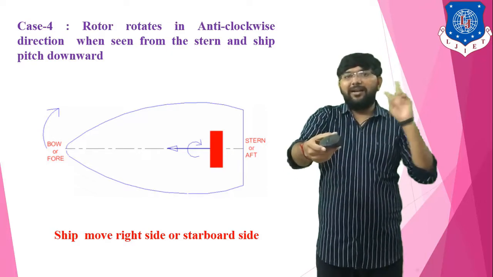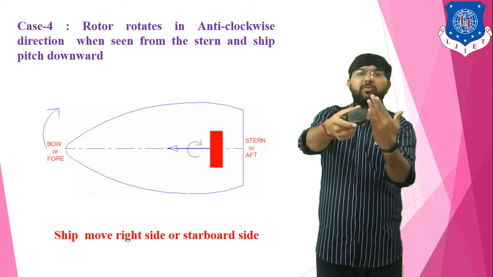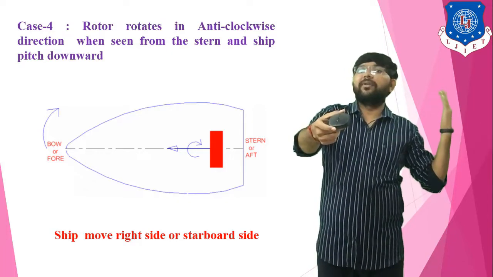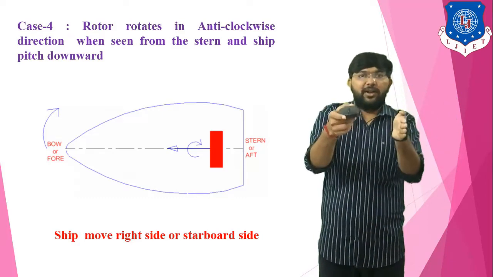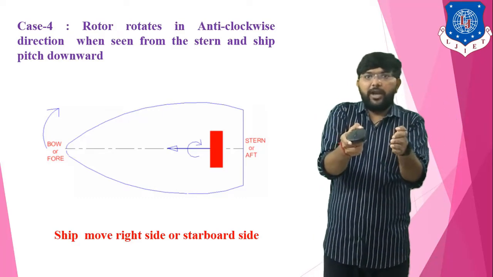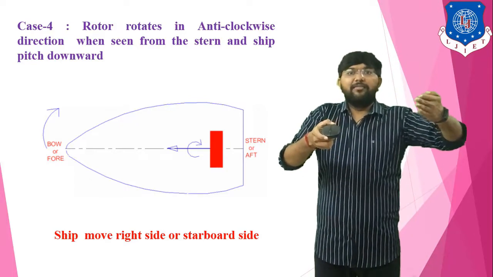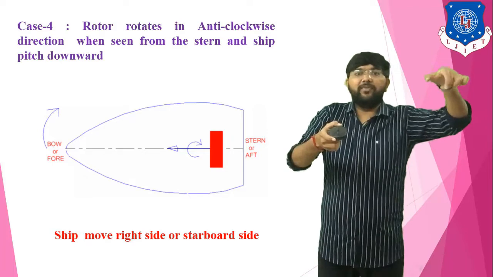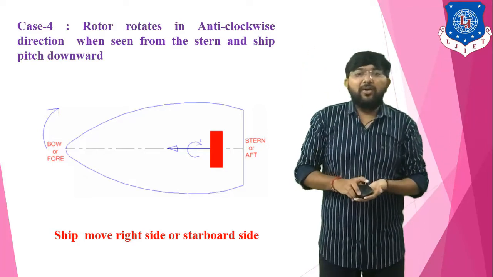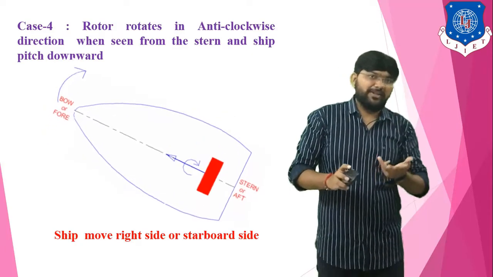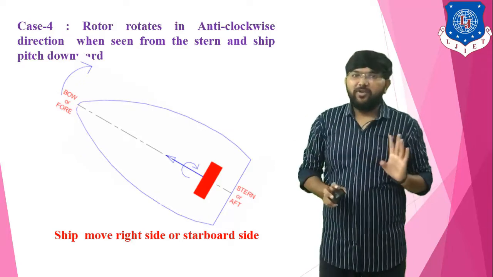So we have two vectors. The first vector is in this direction. The second vector is in this direction. So the body tries to move in the direction of the resultant. The resultant is in the inclined direction. So this is the actual position of the ship. Now the body tries to move in the inclined direction. Clear? Suppose this is a ship, then it moves along the resultant. At that time the front end of the ship tries to move to the right hand side. And you all know the right hand side indicates the starboard side. Clear? So in this case the ship moves to the right hand side or starboard side.